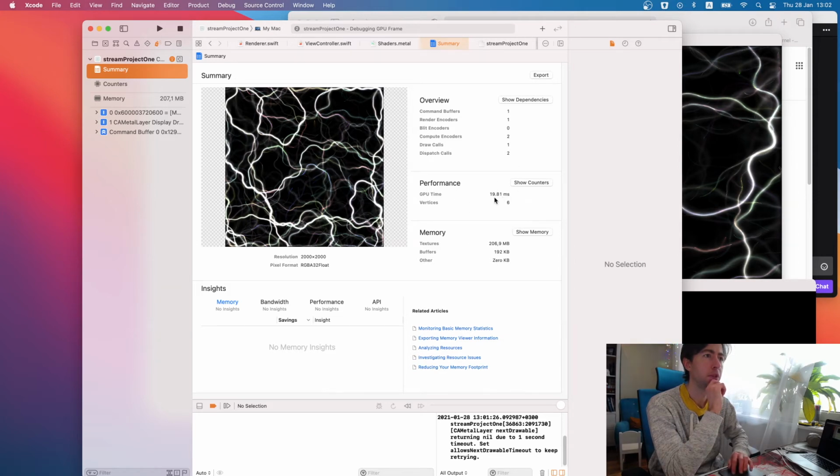Performance, GPU time, dependencies. Actually, these insights were kind of useful.